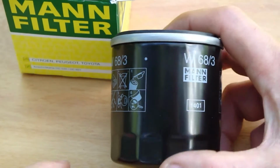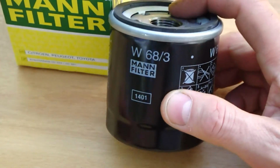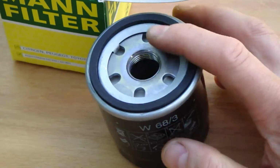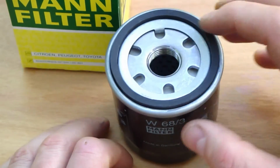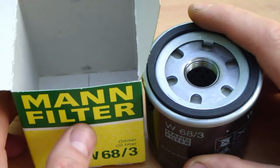And how much does this MANN filter cost? This is not even very expensive. This filter costs something like $5, and I recommend to purchase. And please check when you purchase that it says made in Germany, and purchase these parts in a secure place, because